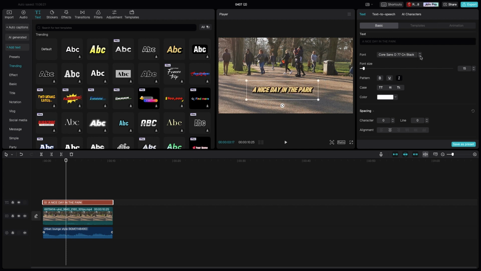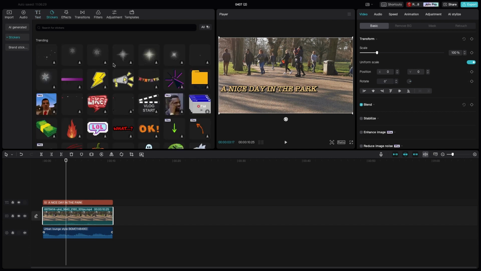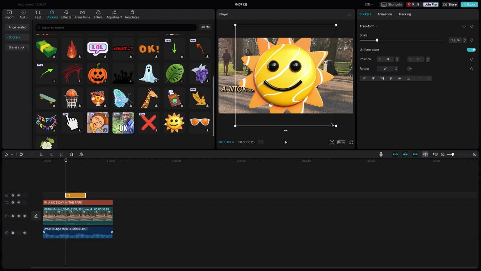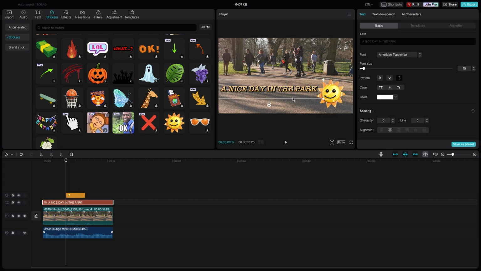And you can change the font of this. You can keep the style, but you can change the font. I'm going to choose American Typewriter, but you can choose whatever you want. Then we need some stickers to make it look nice. And I'm going to scroll all the way down and choose the sunshine sticker, because it's a nice day in the park and the sun is shining. So we're going to put that wherever we want. I want to put it right next to mine. And here,